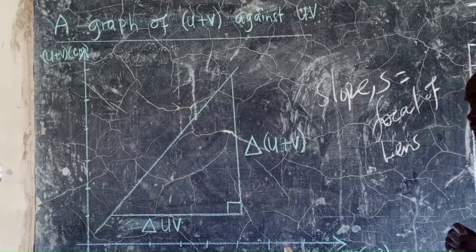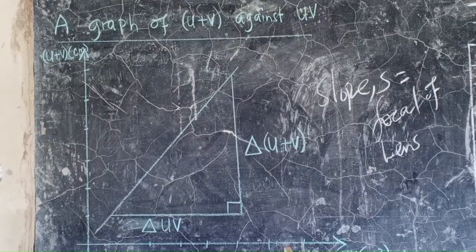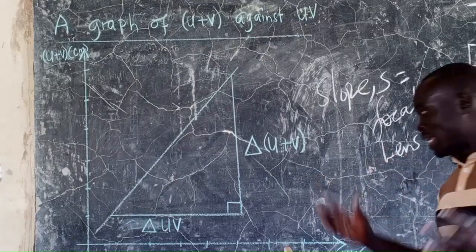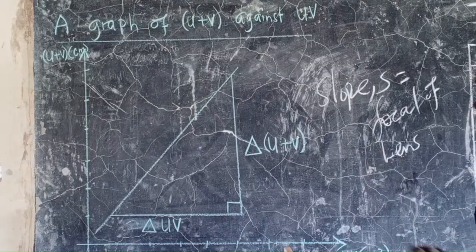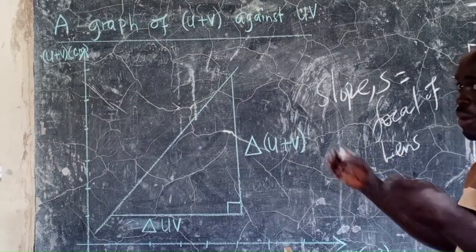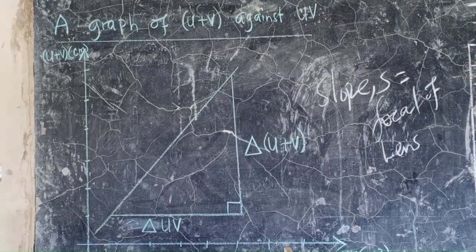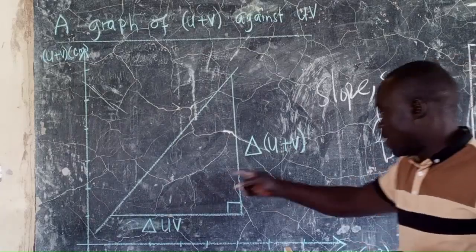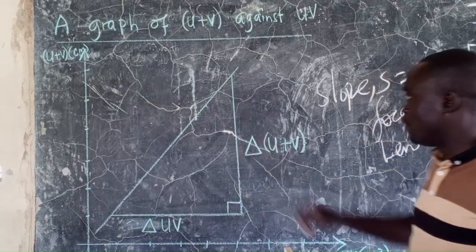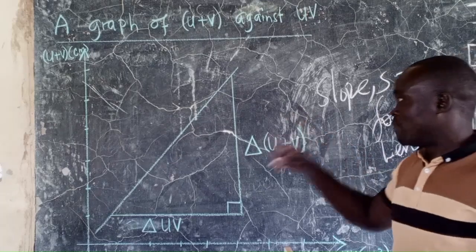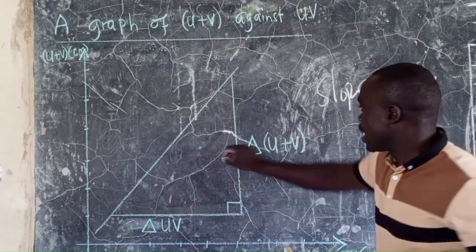The slope of such a graph will be equal to the focal length of the lens. At a later time, we will see how we can plot such a graph and how we can read the slope of such a graph. But particularly, when you get the slope of such a graph, U plus V against UV, then that slope is the same as